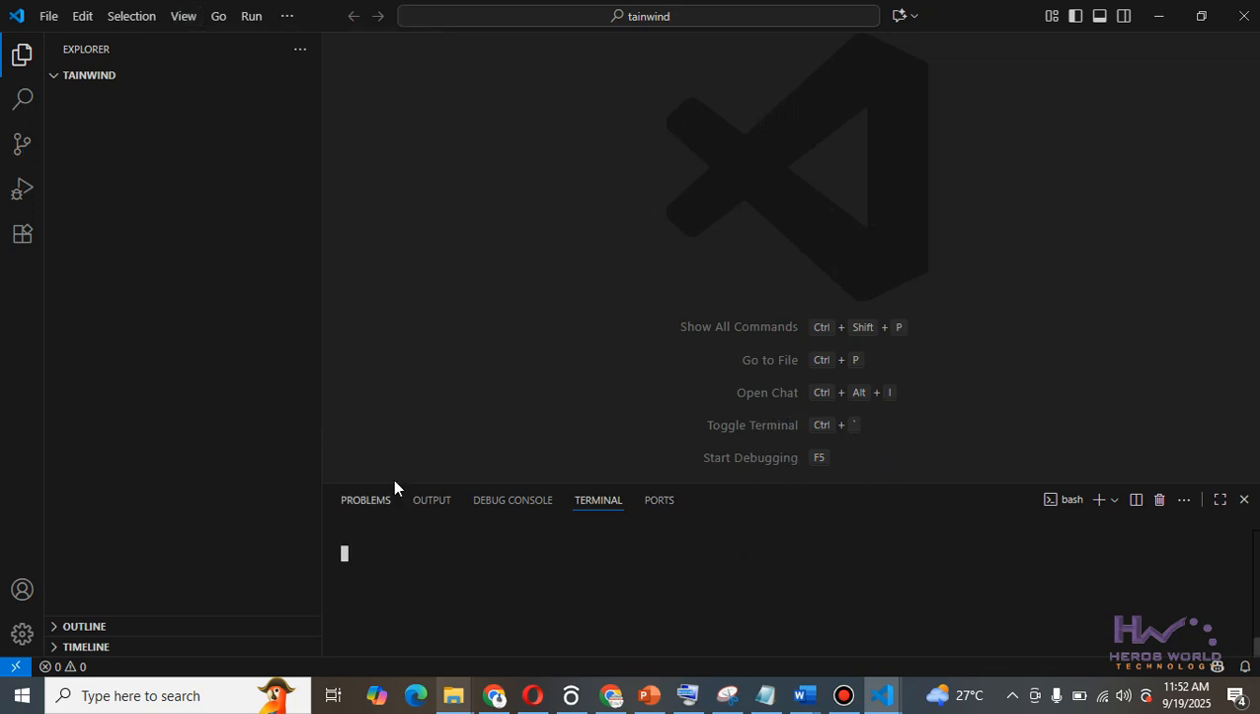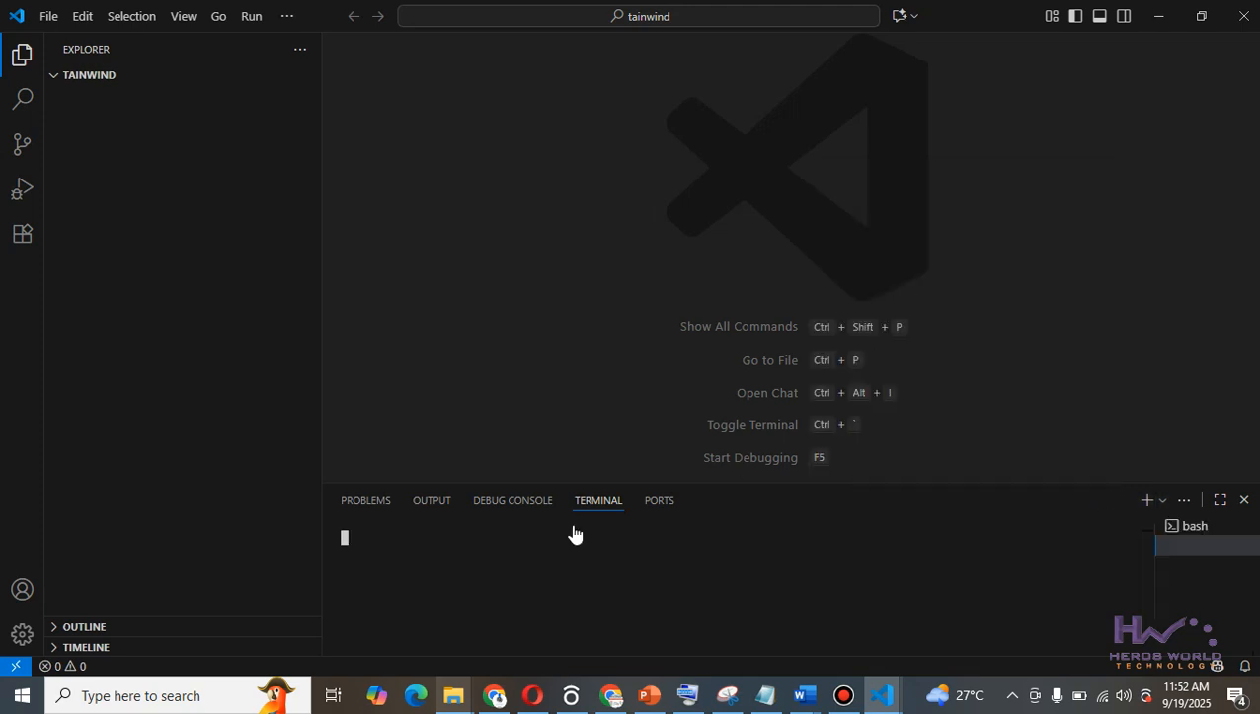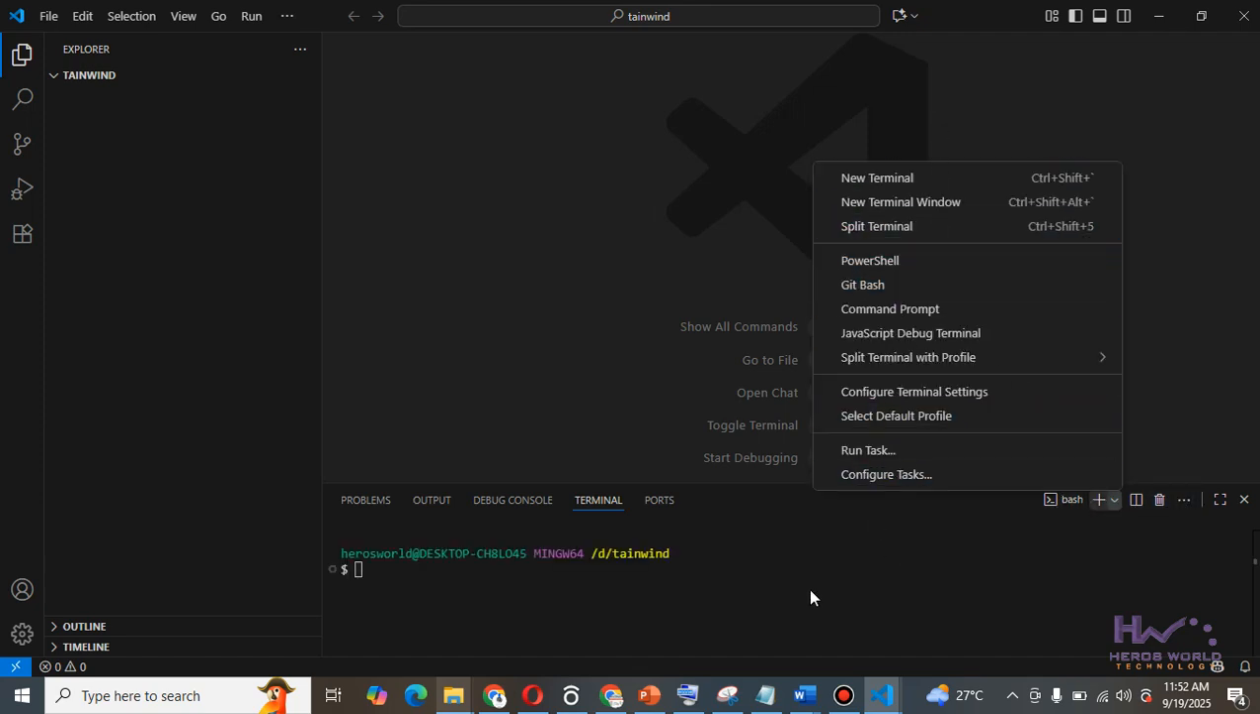Then you hold on for it to load the terminal. Okay, once it's loaded, ensure that you are using Git Bash so that it doesn't throw some error. Most of the time, once you open VS Code for the first time, it's going to be on some other